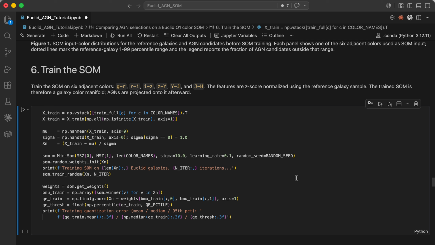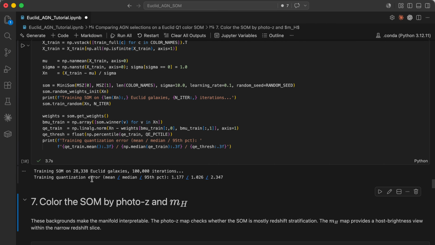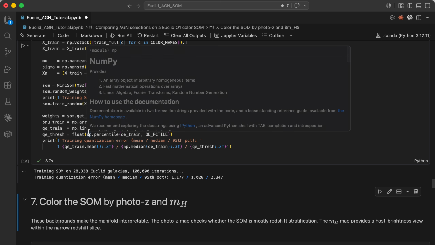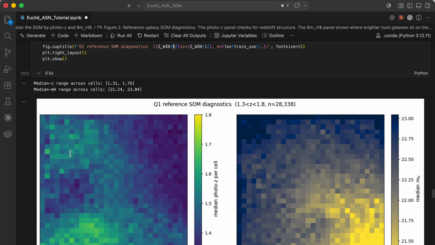And this is just a way of grouping things that are similar onto 2D space without losing all the information from 7-band colors. So if you are used to looking at color diagrams, this is just putting 1, 2, 3, 4, 5 color diagrams next to each other onto one 2-dimensional space. Okay, so we are here training the SOM on 28,000 Euclid galaxies, and as you saw, minisom is super quick. If you use a package like SOMPY, it will take slightly longer, but we get more or less the same kind of